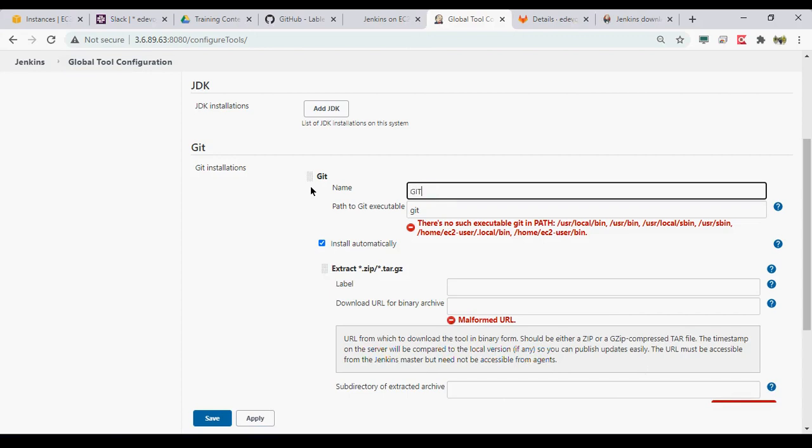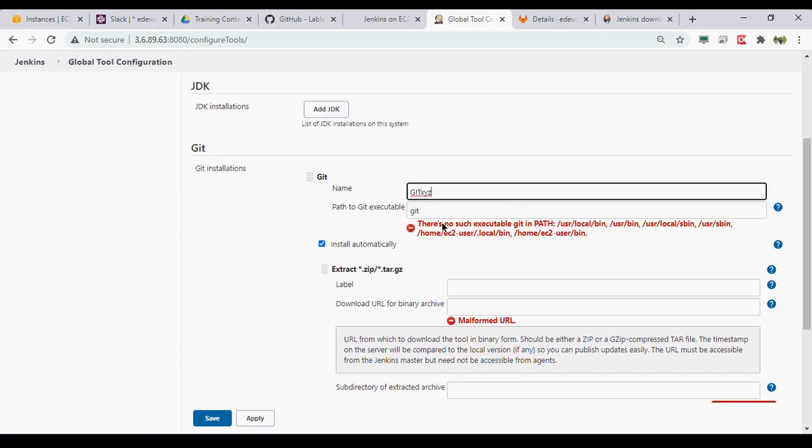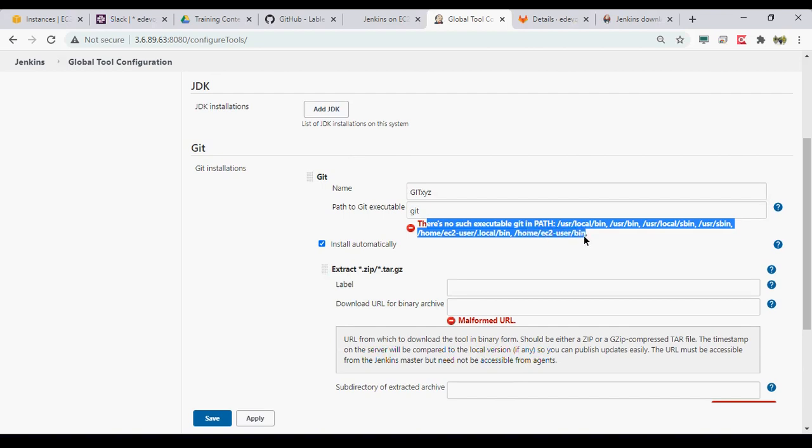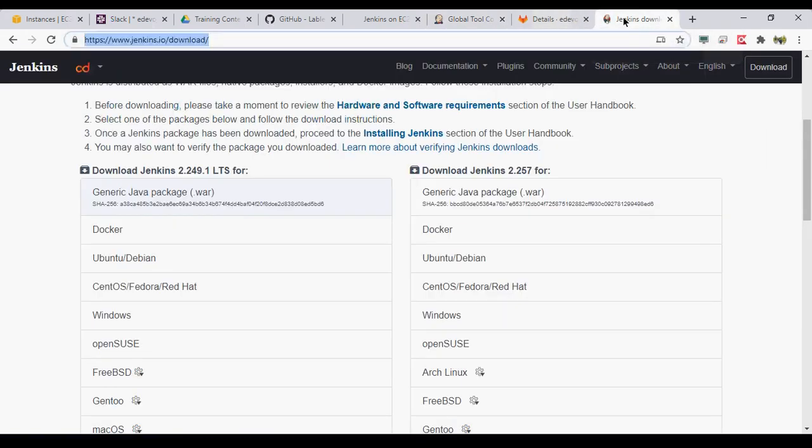Or the other way is just to install Git on your Jenkins machine. This global tool will search for a Git installation in your local Jenkins machine folder. If it is there, it will take it from there, or otherwise you can install it from external sources.